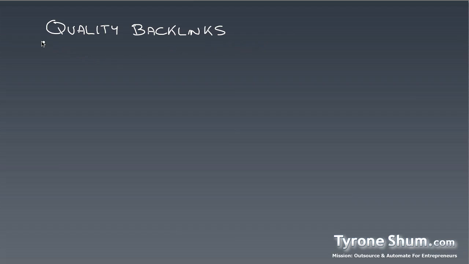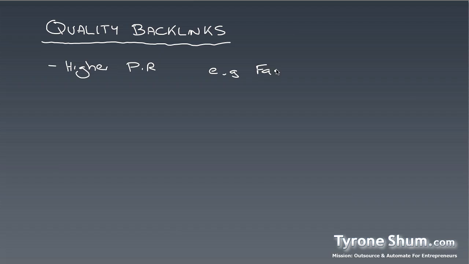But let's have a look. Quality backlinks. What are they and where can you find them? The first thing is you want to look at sites with high PageRank. As I said, high PageRank sites are obviously the ones that you want to get links from. For example, as I said, Facebook is a very high PageRank site. Squidoo, etc. Now, I'll let you know, it's not very easy to get a link directly back from Facebook, but something like Squidoo is possible. So you want to target those sites with a high PageRank first. That will start you off.